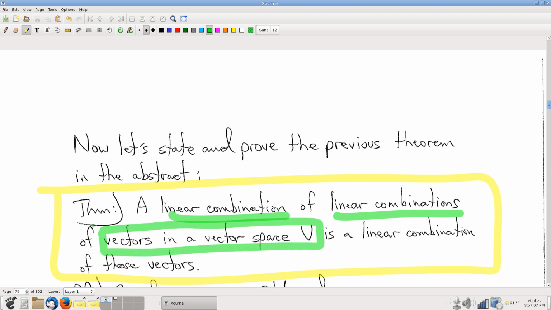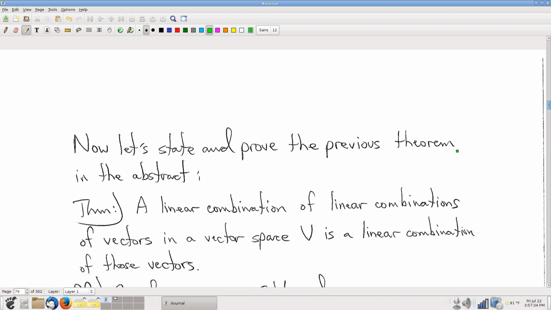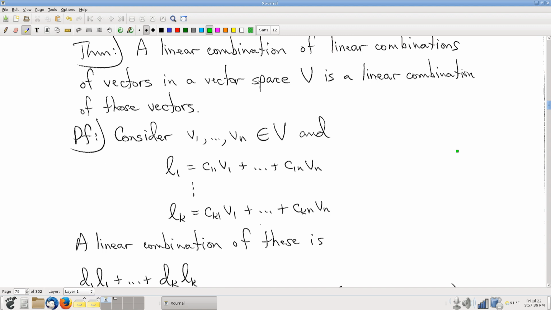Now this is again very ambiguous. I'm not saying which vector space. I'm not saying what the objects in our vector space are. I'm stating this about any vector space, anything that satisfies the properties that we enumerated previously. And my assertion is that a linear combination of linear combinations of those vectors is, as required, a linear combination of those vectors. So we're going to state and prove this in the vector space and be done with it